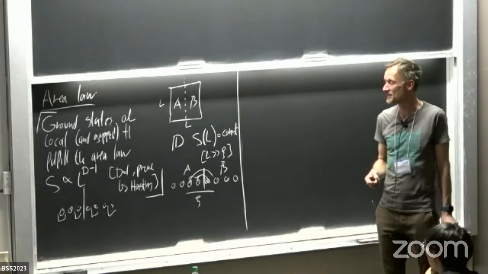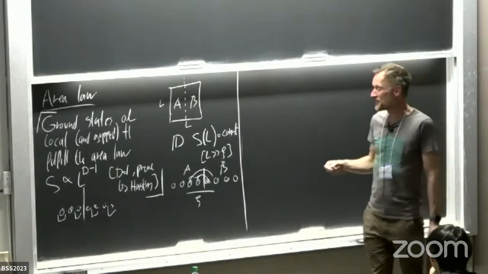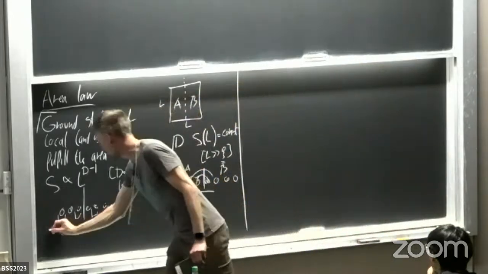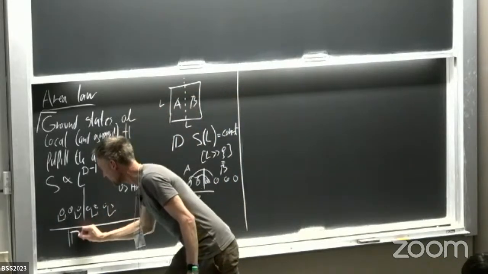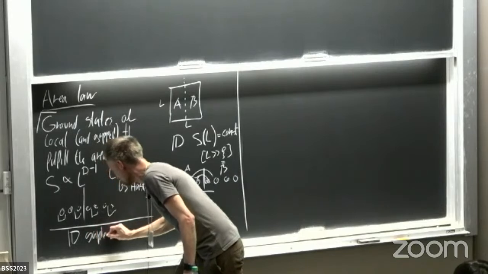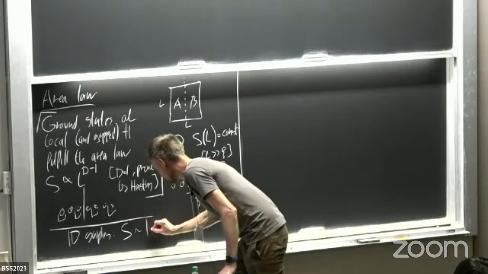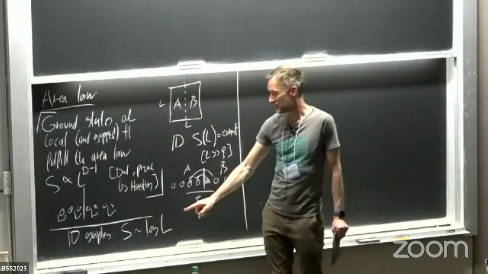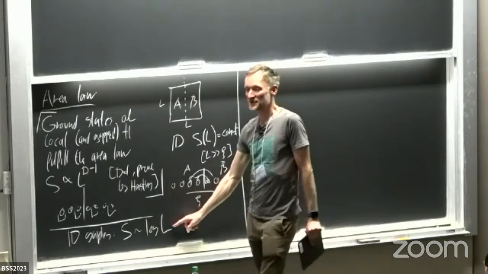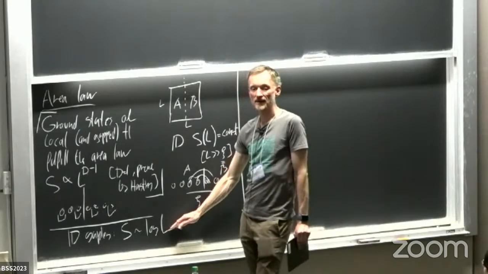Yes? Is there an easy way to understand the log contributions? Right. So in 1D, this is for gapped Hamiltonians, and if you have 1D gapless, then we're going to find that the entanglement entropy is proportional to the logarithm of L. And in this case, if you take, for example, ground states that are described by a conformal field theory, you can just explicitly calculate it and see that you get the logarithm.